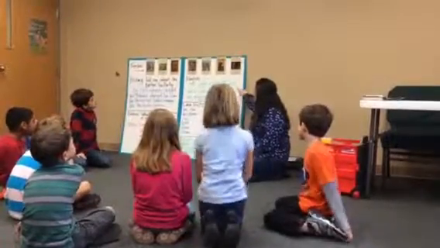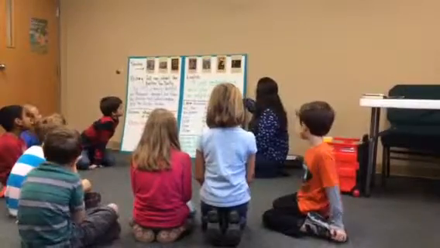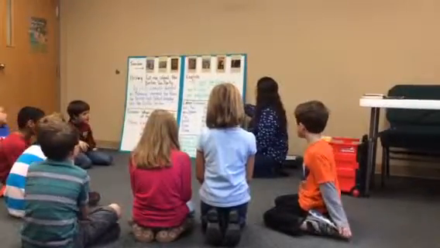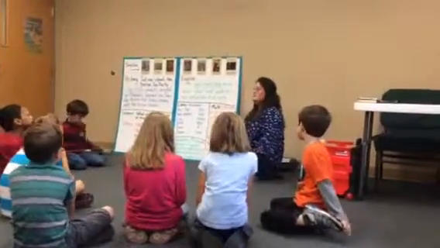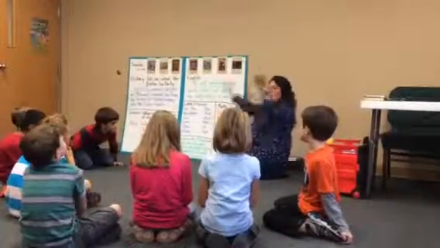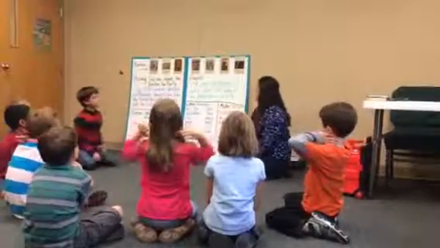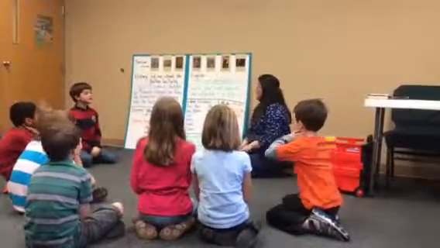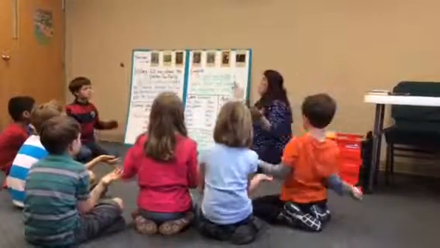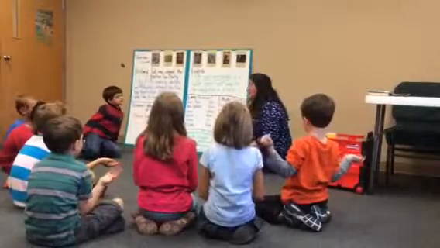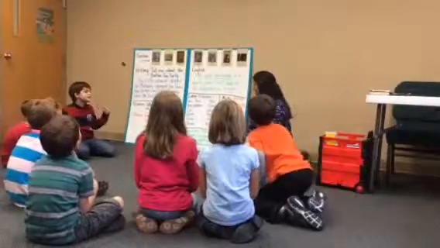A past participle is a verb plus ed used as an adjective or a verb. All right? So listen carefully. Past is something that has already happened, right? So past. Can you all do this? A past participle is a verb plus ed used as an adjective or verb. A past participle is a verb plus ed used